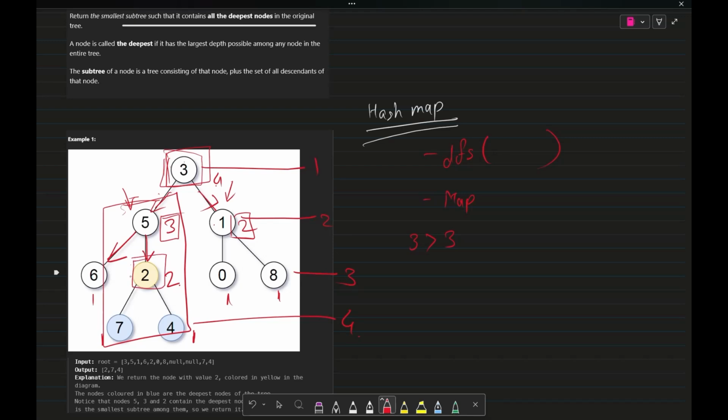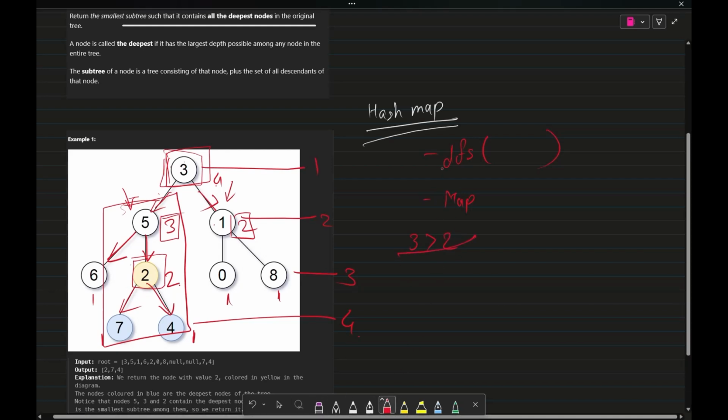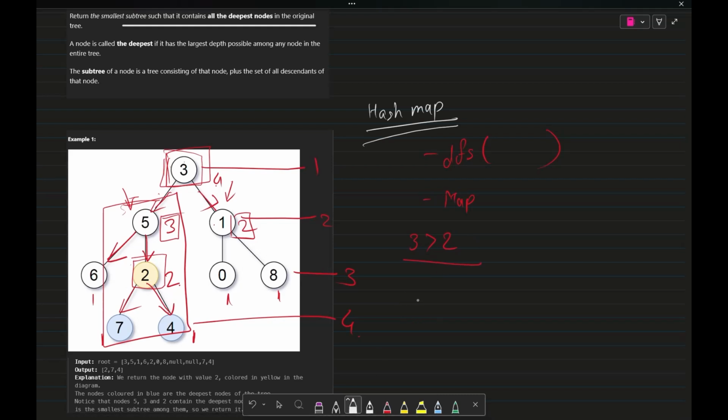So when I reach here, I again have two choices, 7 and 4. Now, one thing to notice here is both of them have the same depth. So that's my basic answer. Yeah, I wrote it down. It is easier than two. So whenever I reach a node where the depth of the left child